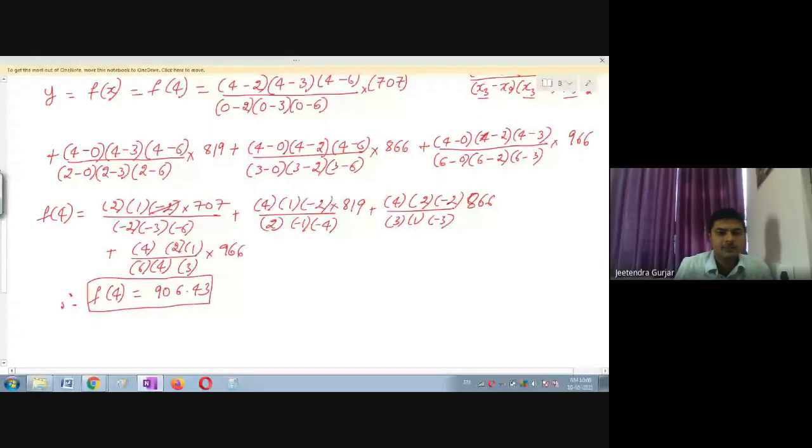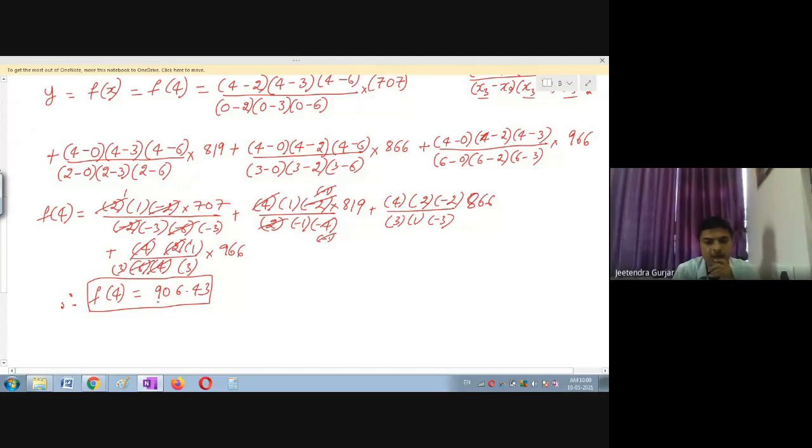Okay, this is 2 ones are divided by this is minus 3. Here also you can see 4, and this 4 will get cancelled, but minus 1 will remain here. Please note down. Here 2 and this 2 will get cancelled. Please remember here minus 1 remains. Minus 1 will get cancelled. Only here minus will remain. Here also you can see 2 and 2. You can just simplify this. And here 4 will get cancelled. This is 2 ones are, and then this is 2. 3 is there.